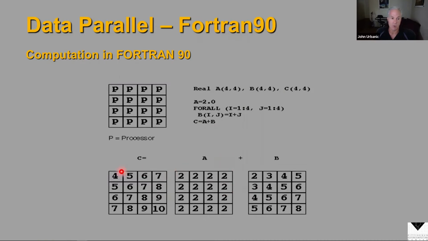If we have a system with 16 processors, for example, instead of taking 16 cycles to do all these adds, processor 0 can add 2 and 2 and get 4, while processor 15 is adding 8 and 2 and getting 10. So this is not only a nice, simple, elegant way to write array-oriented mathematical statements, it also turns into parallel code in a very straightforward way. So data parallel is wonderful, and it's built into Fortran 90.